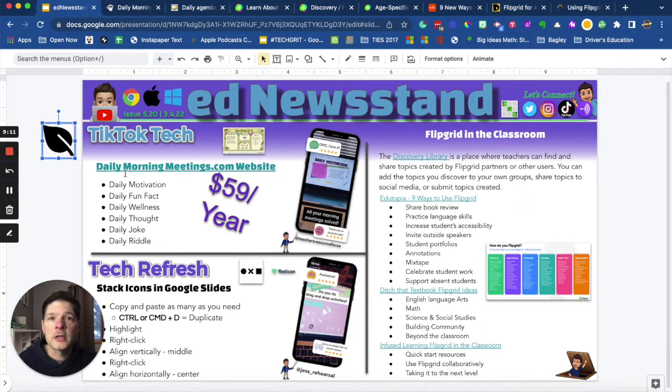So it's like you infinitely cloned your icons, and now all students have to do is just pull down icons, and it looks like I have as many as I want to pull down. A nice, easy way for you to stack icons in Google Slides to give students as many copies as you want. Now that I showed you about Tech Refresh, thanks to @Jess_rehearsal, let's get into the main idea for the